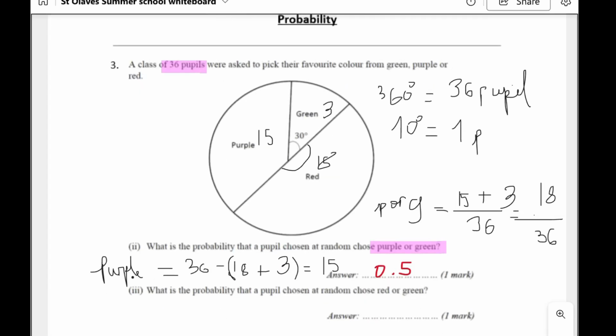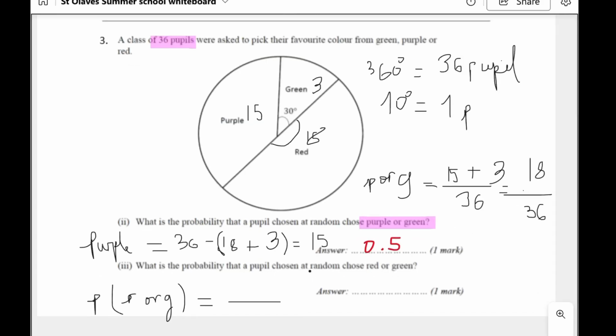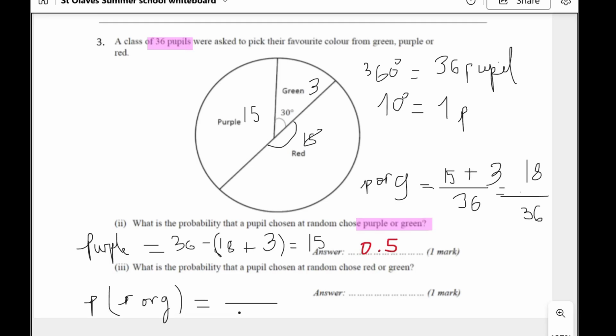If we do the same thing for the probability that a student chose red or green, then it's going to be the same thing. We have to add the probabilities. So probability, and that's how we denote probability, red or green, is equal to probability of red is 18. Everything is over 36. Probability of red is 18. Probability of green is 3. So we're going to do 18 plus 3, which is then equal to 21